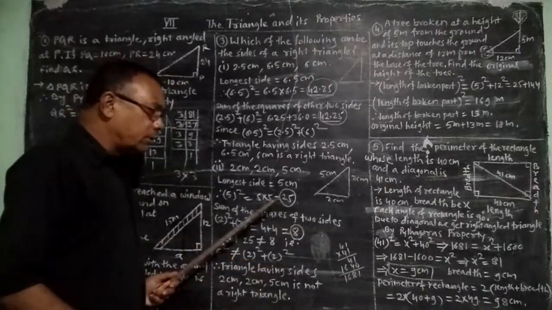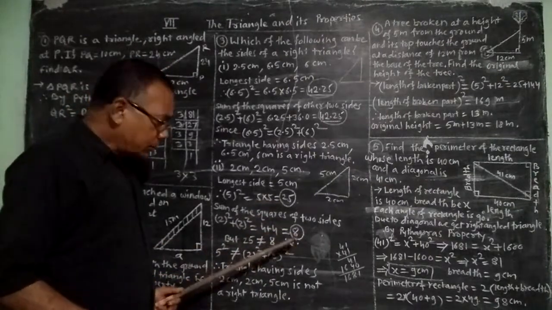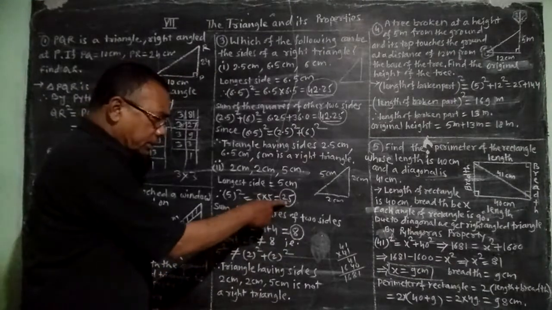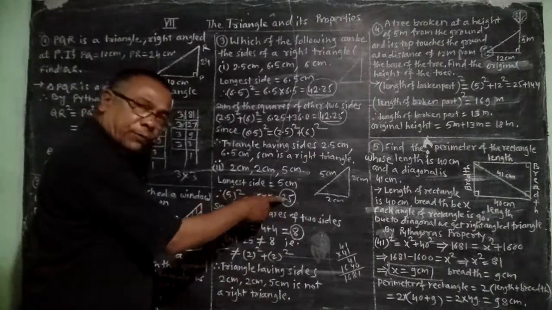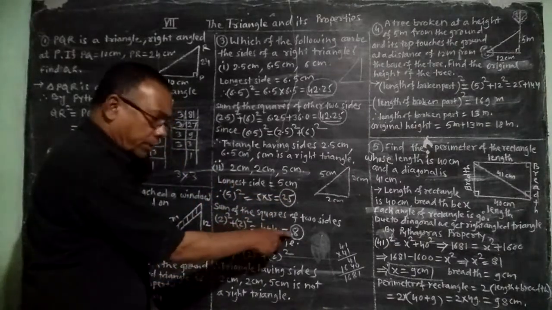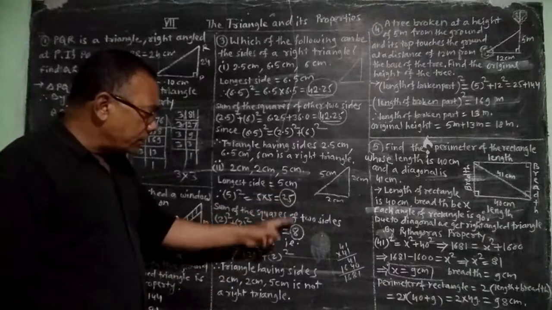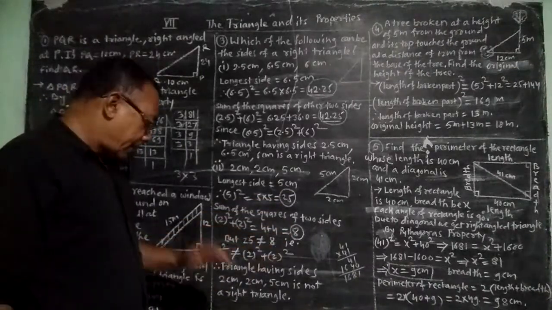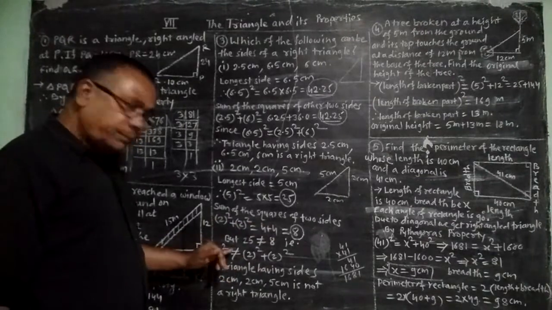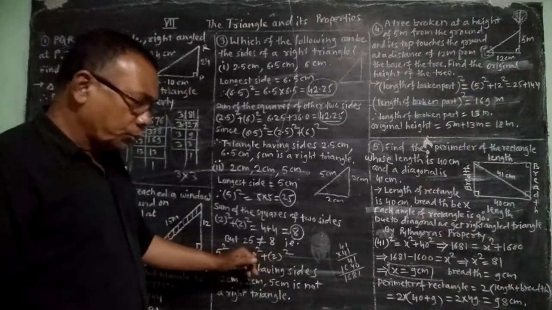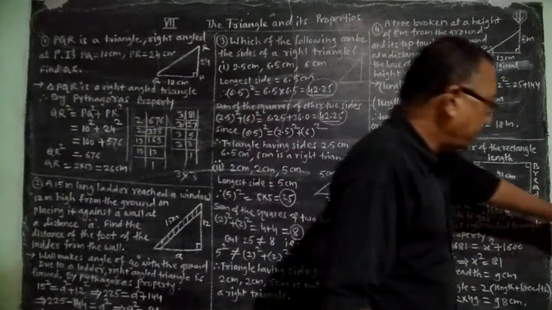Here if we observe the RHS of the two, the RHS of the first, 5 square, is 25, and the RHS of the other, 2 square plus 2 square, is equal to 8. Here 25 is not equal to 8, and that is 5 square is not equal to 2 square plus 2 square, and therefore